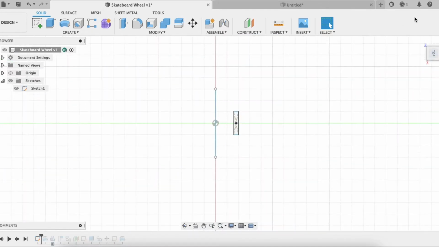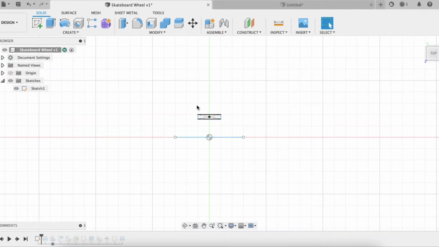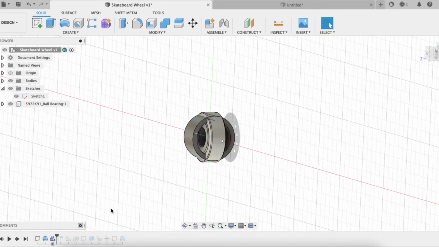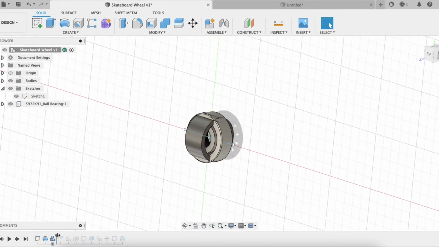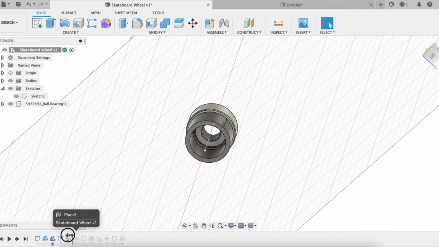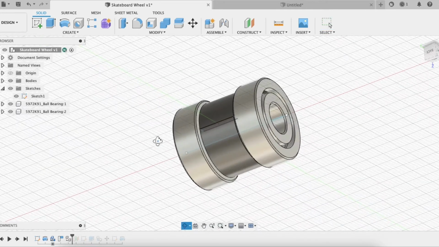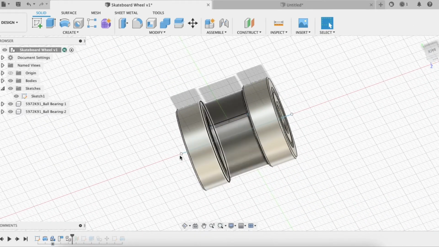I'm going to go through my design tree here to show you how I built everything out. I started out with a sketch for our spacer. I revolved that sketch around an axis. I then imported in a ball bearing from McMaster-Carr, which I will show you how to do. I positioned the ball bearing, and then I copied and moved a second spacer so that it would sit on the opposite side of